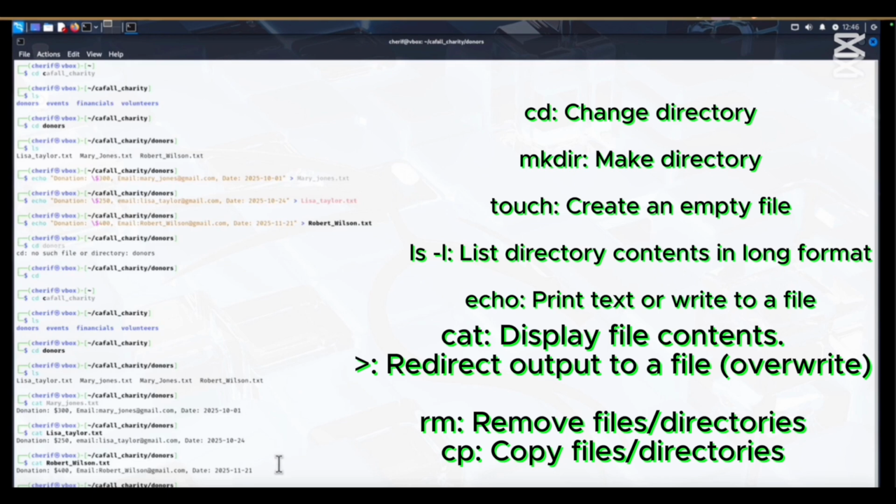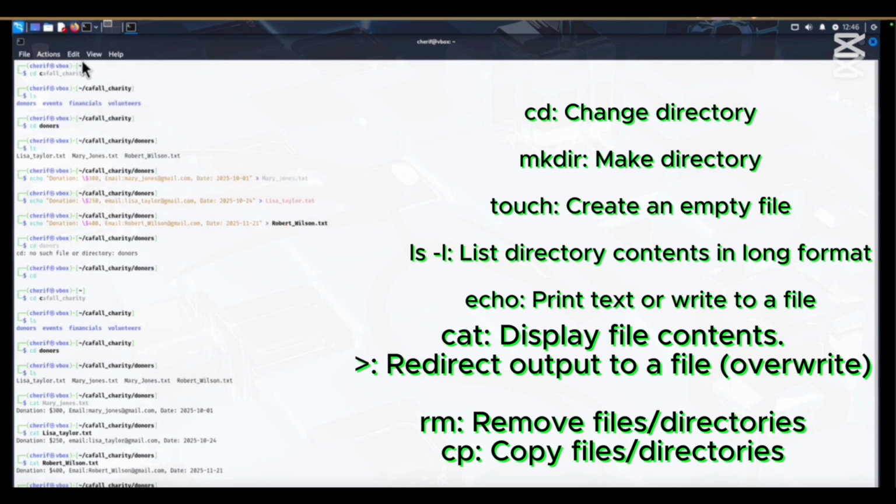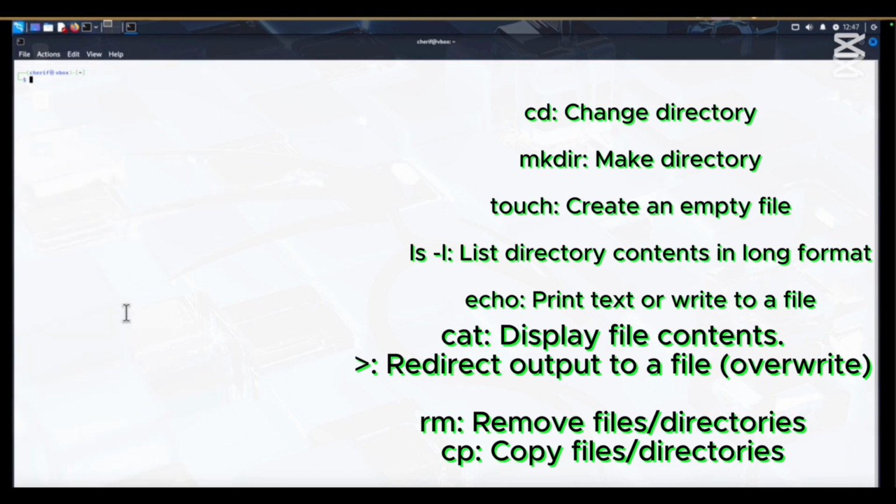Okay, so now let's see. I don't know if you guys can see here, but let me just zoom out a little bit and zoom out again. And I did cd, and then just get out. Let me just clear. We already cleared the terminal here. And then, as the terminal is clear,